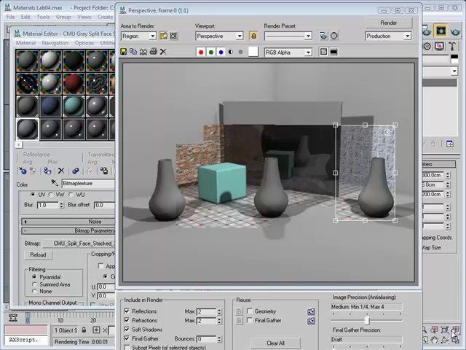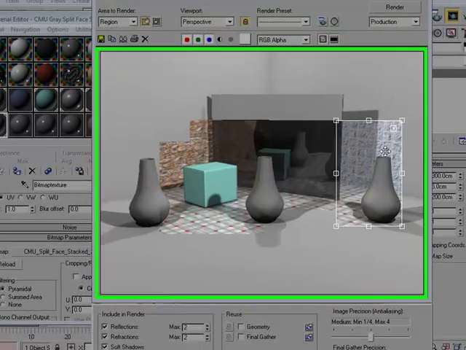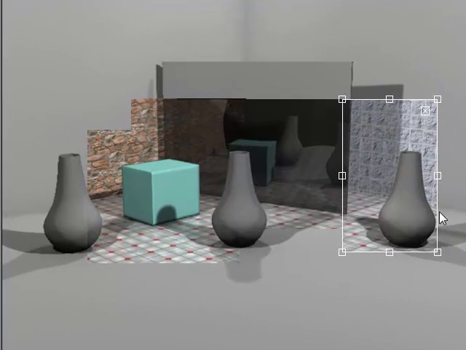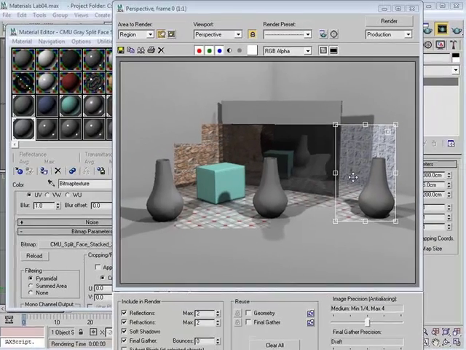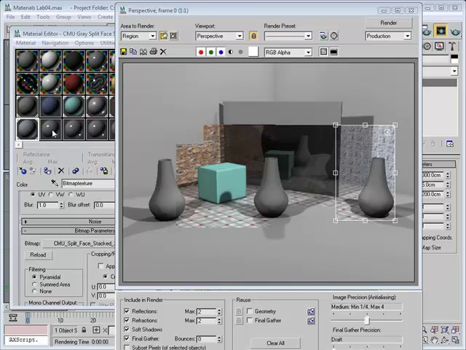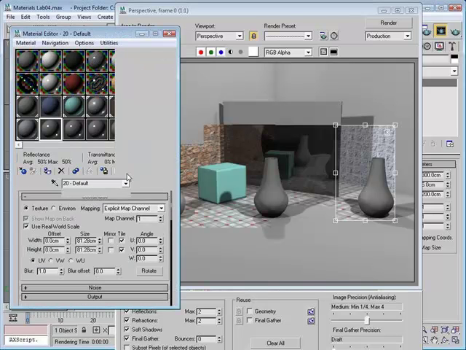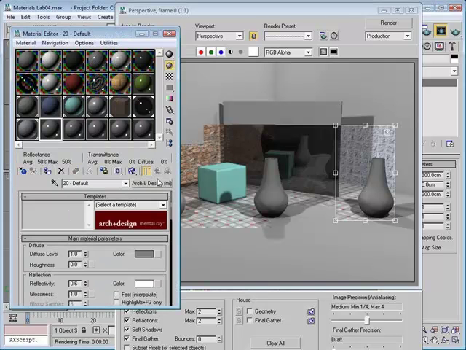So here's the end result of having rendered that area of our scene, and you can see our CMU material which has been applied here to this rear wall. Let's go ahead and find another type of Pro material,